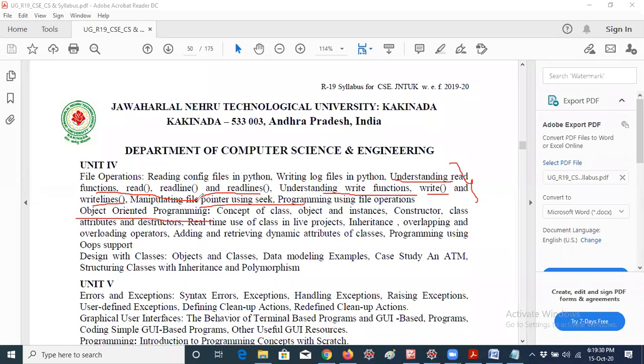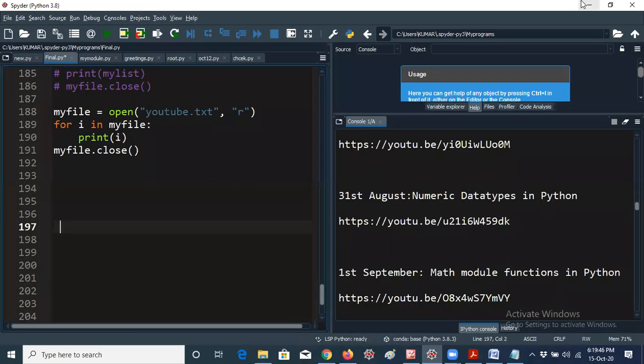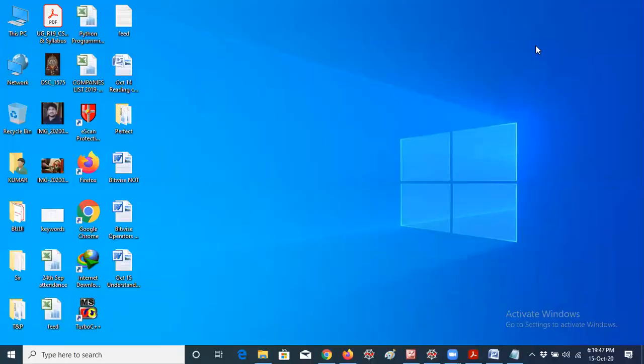But you know about me, I will explain everything in a detailed manner. Now I will tell you without read and readlines, I will use different variables and different examples. Before going to that, I would like to open my keywords. You know already we have 35 keywords in Python.